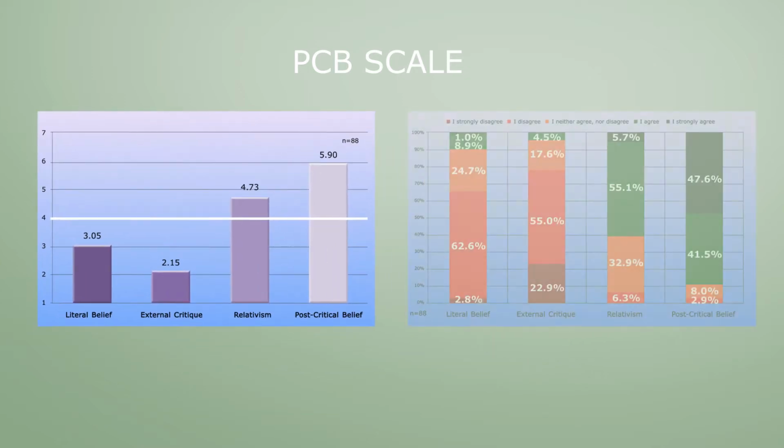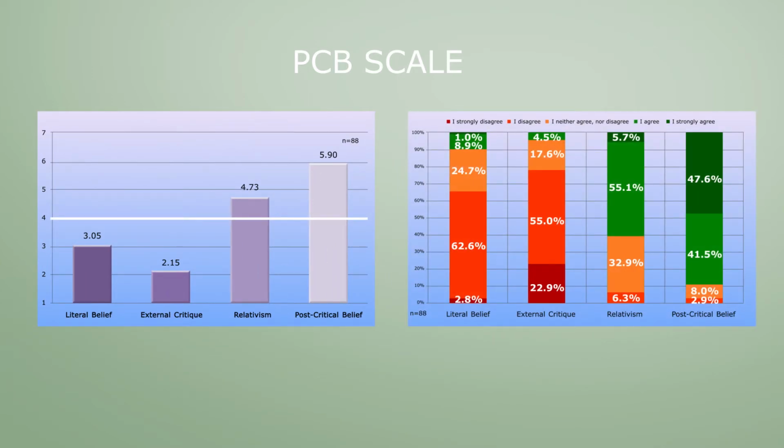To every scale means graph belongs a second graph that breaks down the scores in percentages of approval and disapproval. Because of the colors, this percentage graph also has been nicknamed the traffic light graph. These 2 types of graphs complement each other by showing the same data of the same group of respondents, but in a different way. While the scale means graph summarizes the general tendencies, the percentage graph displays the underlying scores in more detail, namely their spread and overlap. Both graphs are each other's counterpart and need to be studied together. In fact, your eyes should move from one graph to the other and back again.